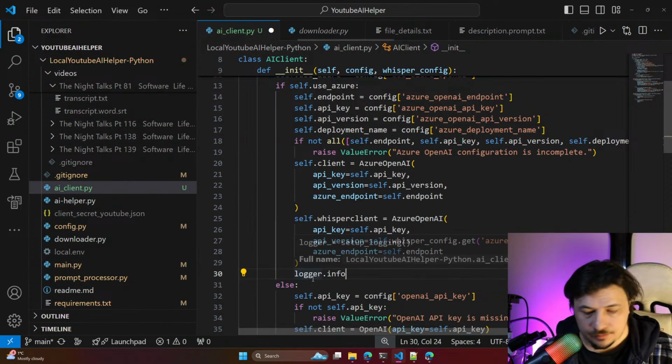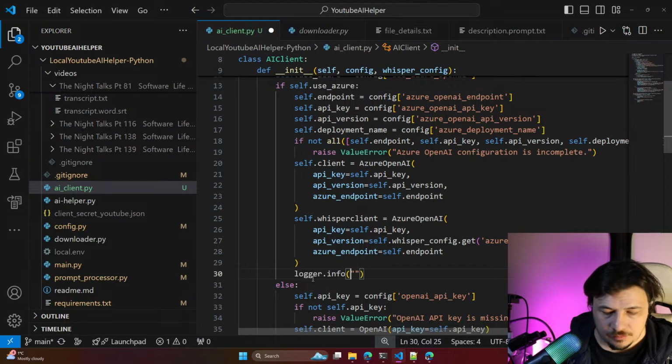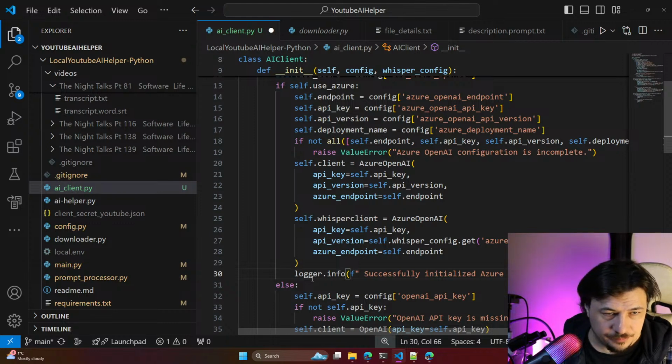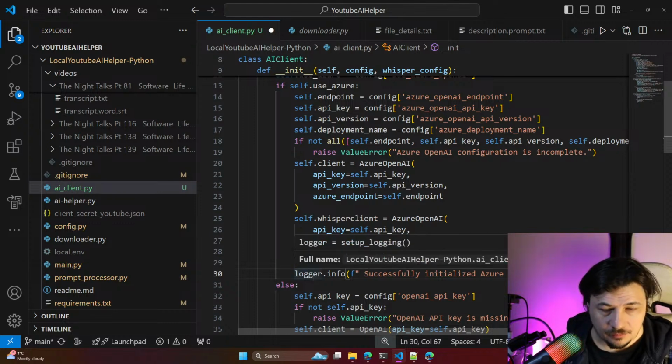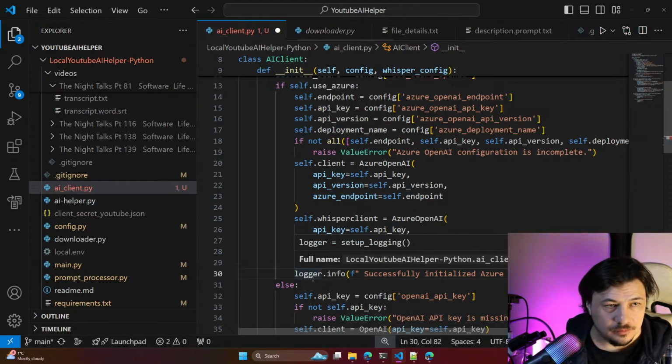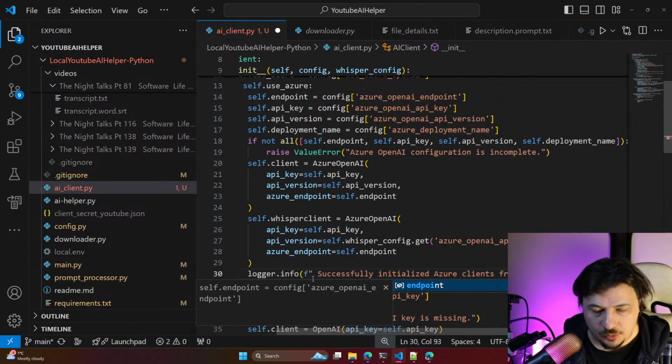Logger info: successfully initialized Azure client from endpoint and self endpoint.